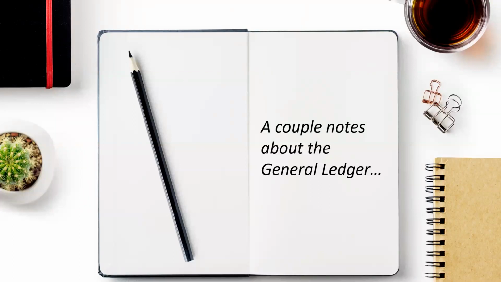The last note I have is to make sure if you're collecting an administrative fee that it is also listed on your general ledger. This is a super common mistake. You don't need to provide any other documentation for an admin fee, but it does need to show up on your general ledger.